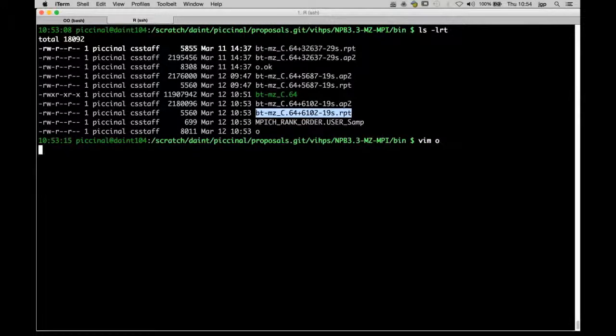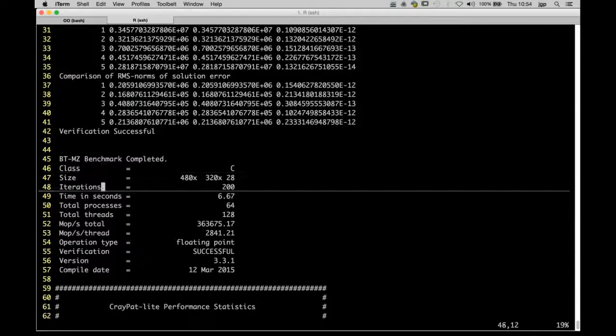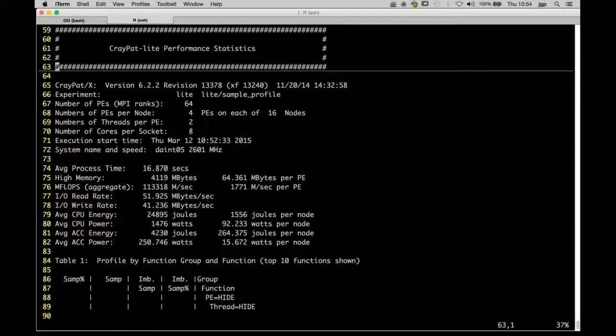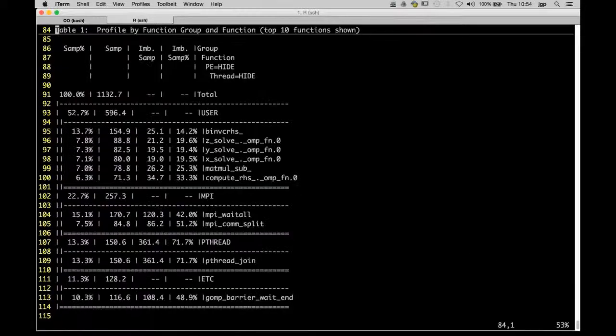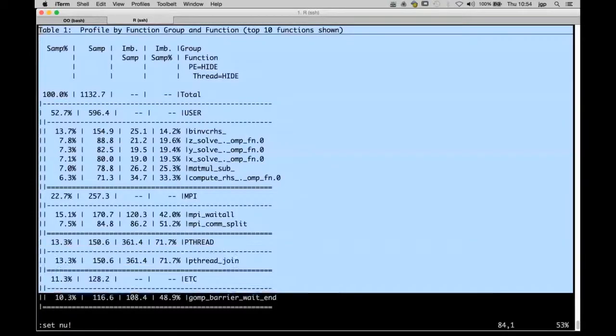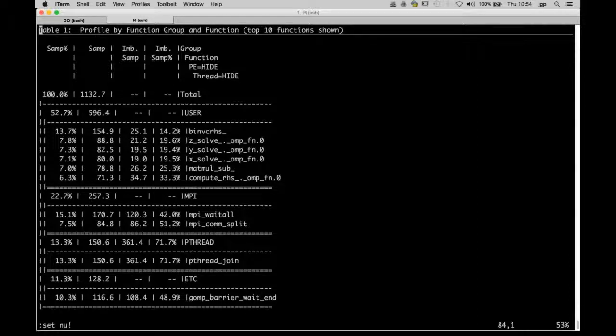So let's have a look at the job output. This is the output of my job, and then at the end of the job, I get some performance statistics. I will not go too much into details, but what I put on my slide was exactly that part of the performance report. And as we've seen before here, you can see how much time you spend doing computation.